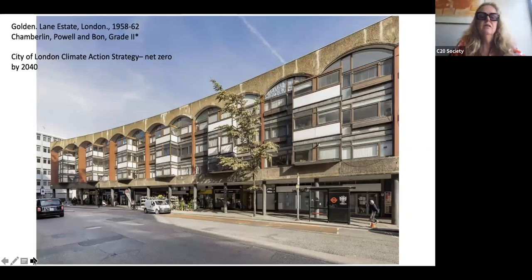And I just wanted to finish up with the Golden Lane estate, obviously just around the corner from the office when we're there. And I know that quite a lot of our members live on the estate or are very, very familiar with it. I think I've put this in really just as an example of what I'm sure will become more and more part of our work, looking at how we can adapt buildings to improve environmental performance. The City of London has declared a climate action strategy, and they want to have net zero carbon by 2040. The buildings at